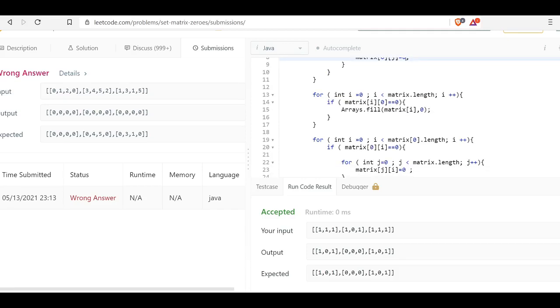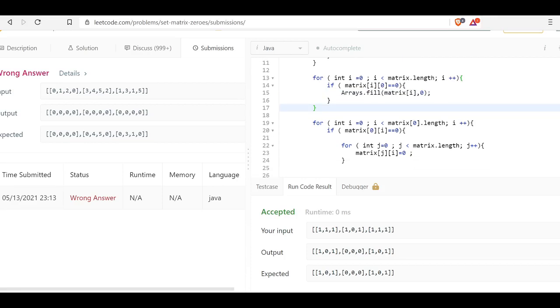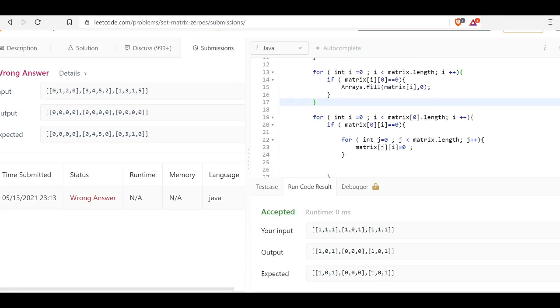So if this is only, I think that's good. And now if I do this, matrix 0 dot run, matrix 0 i equals to what do I do? So I did this.